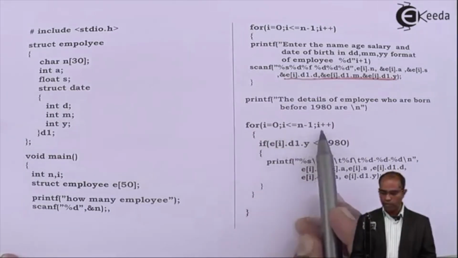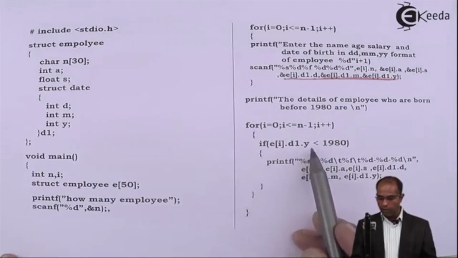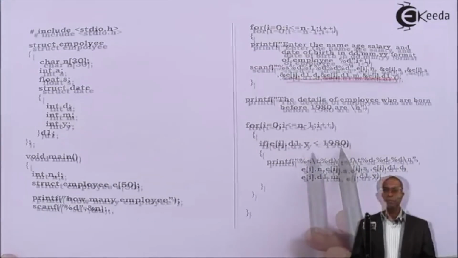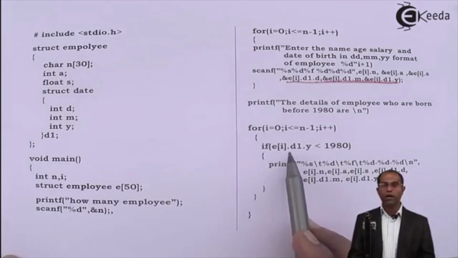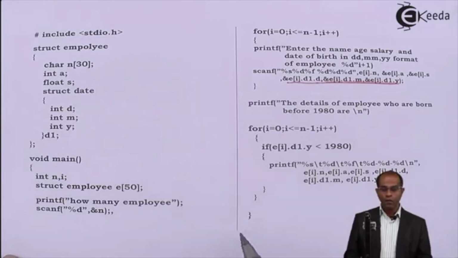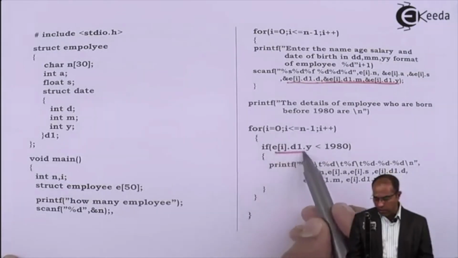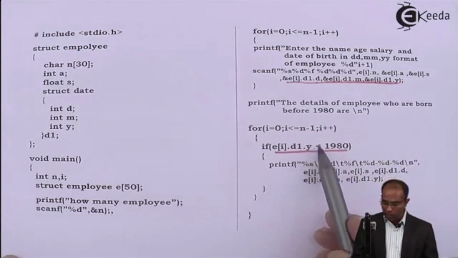So for i equals 0, i less than or equal to n minus 1, i plus plus. Here I'll say E of i dot D1 dot Y less than 1980. Member Y should now be subjected to a test. So the nested structure member is now undergoing a test. Check whether the value of Y